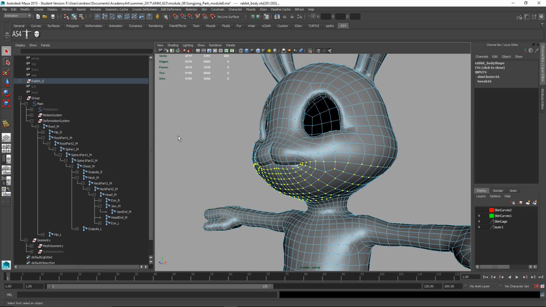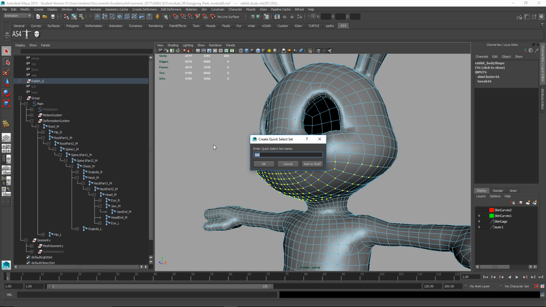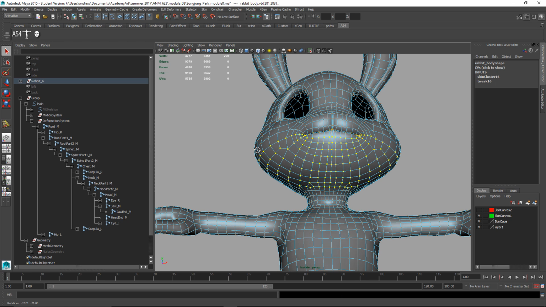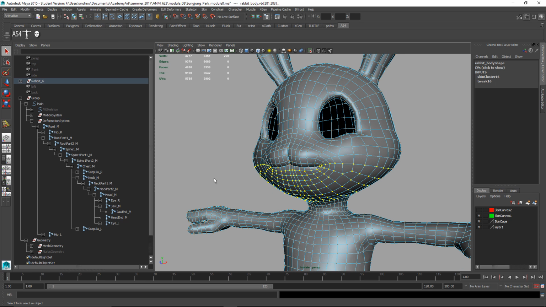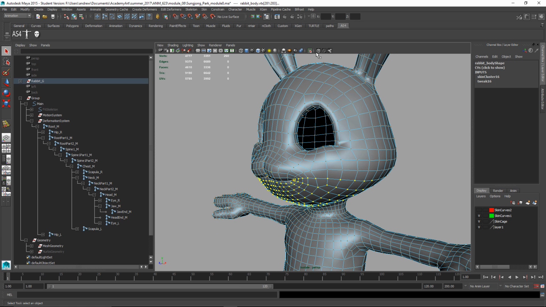So, might be a good idea to create a quick selection set, which I can do by Create, Sets, Quick Select Set, and just call this jaw verts, so I don't have to try to select that again. In case I need to, or if I want to add to it, I can do that. So now the thing to do is to turn off isolate select,